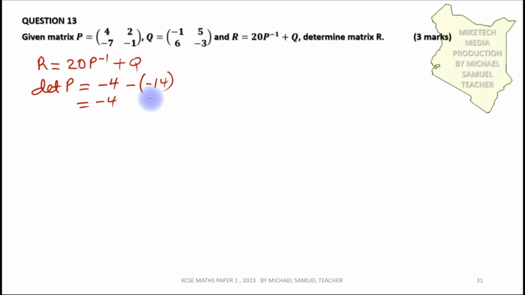So this will be minus 4 plus 14, which is